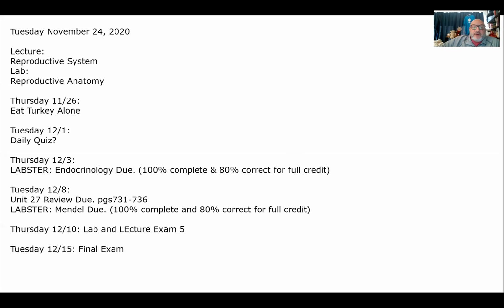So for the first time, we've got the whole rest of our schedule on the board. We are rapidly approaching the end of this. We are into our 5th section of this class, our last organ system. Although really it's kind of like 2 organ systems that are obviously closely related to each other, as we'll be talking about the reproductive system. For the first time, we'll be talking about significant differences between the male and female anatomy and function of this. And so we'll start by talking about some of the basic stuff today, and then we'll move on to the